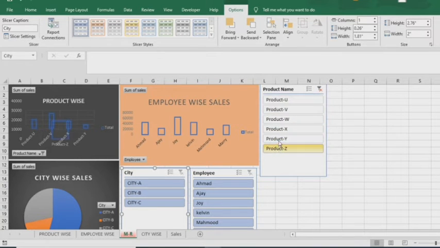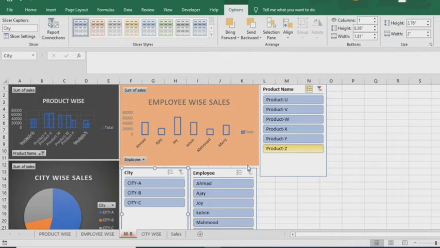If I want to see only two, product Y and then product Z, now I can see the two products. Similarly, if I want to see V also, I can see it. If I remove this multi-selection, then all products will come together. So these work only individually.